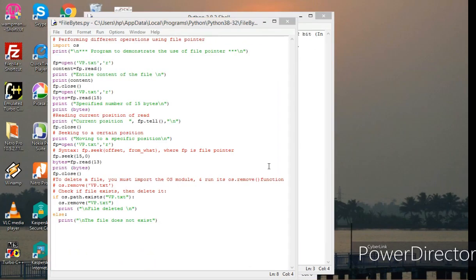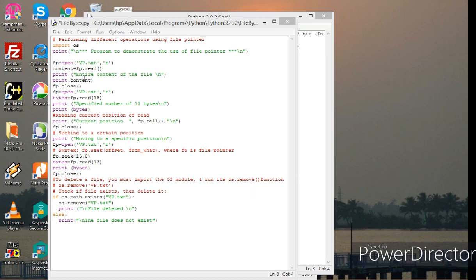Now let us continue with our operations on files. Here in this case, we are going to read a specified number of bytes from the file. Initially in this program, I am opening vp.txt in the read mode.